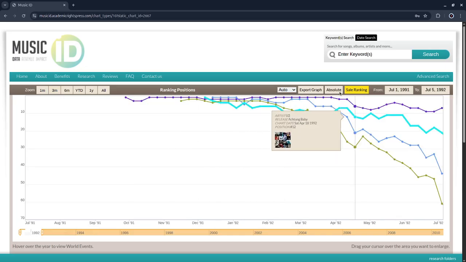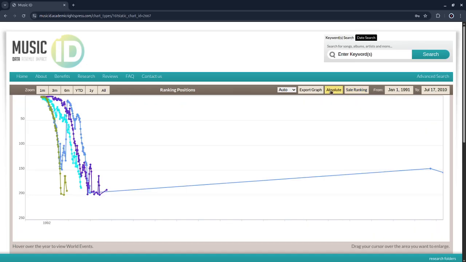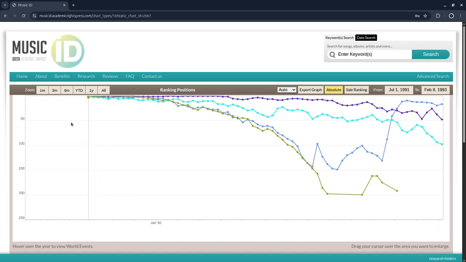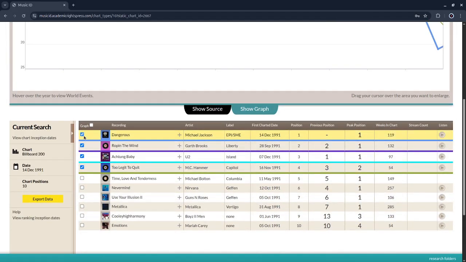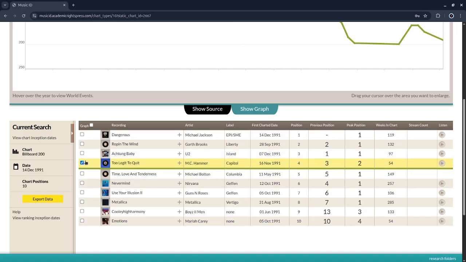Yeah, these are staggered. If I wanted to see just point by point, apples to apples, which one of these did better, I can do absolute, and that puts them all on the same start date. And then you can see exactly, line by line, which one was in one for longer, and so forth. I'm going to take these back out,